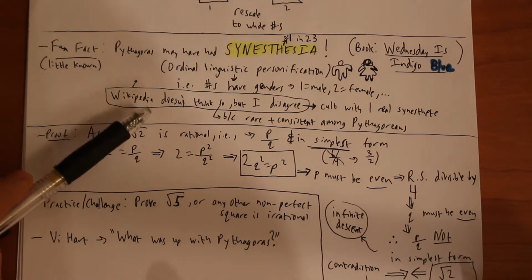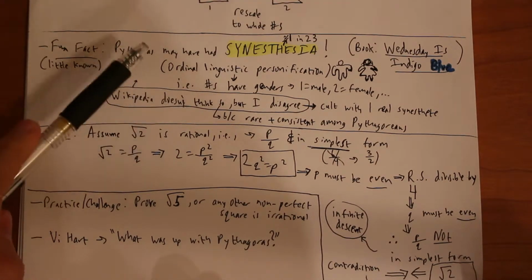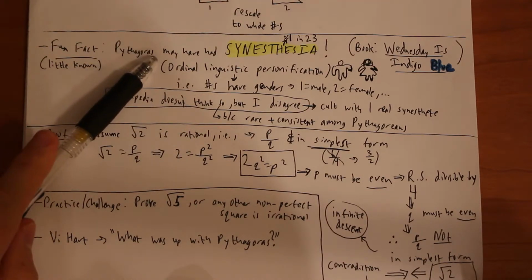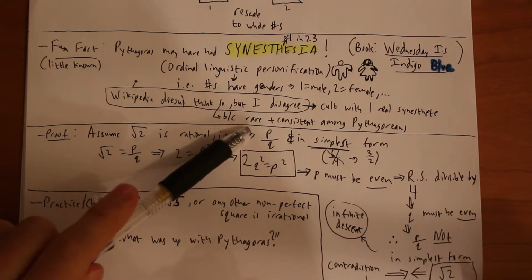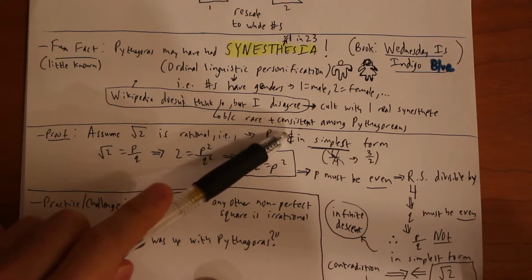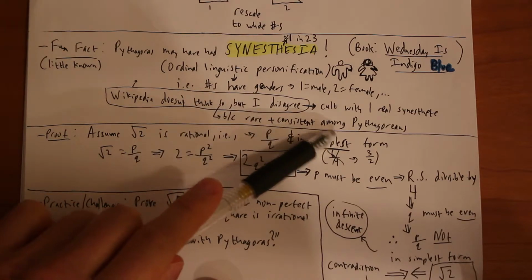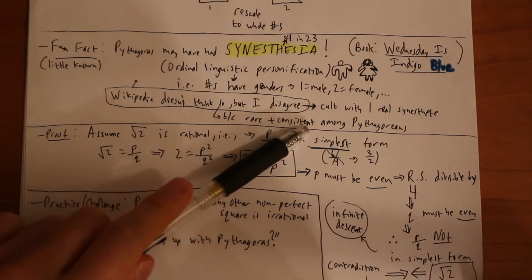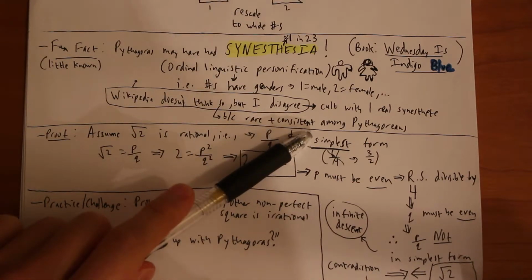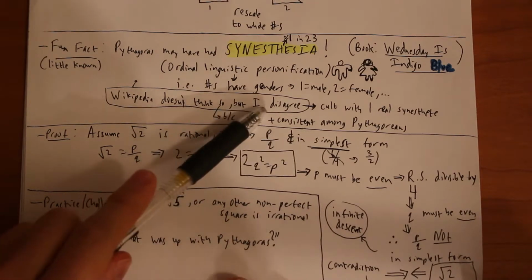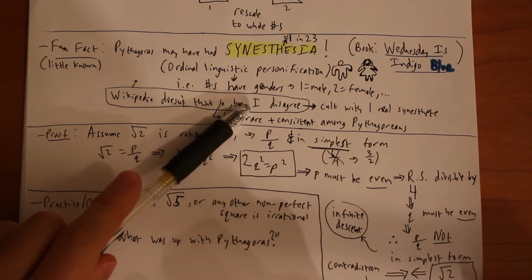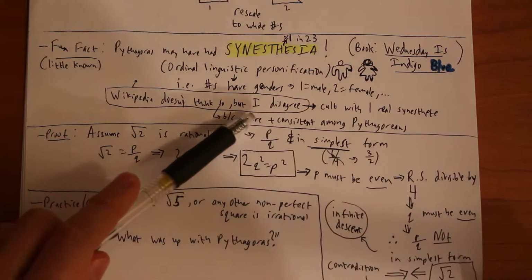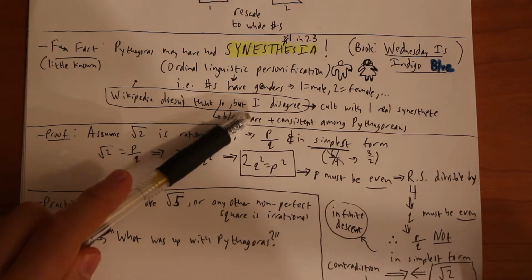Wikipedia doesn't seem to think this is true, because they're saying that it's rare, 1 in 23 people, and since this was a consistent sort of belief among the Pythagoreans, it probably wasn't synesthesia, because synesthesia is not a belief, it's an experience. I tend to disagree, because I think all it takes is one person that may have experienced this, such as Pythagoras or any one of their leaders, and the others might not have even known why they were going along with it. For them, it might have been a spiritual thing.